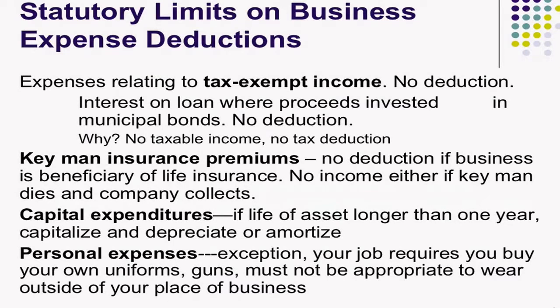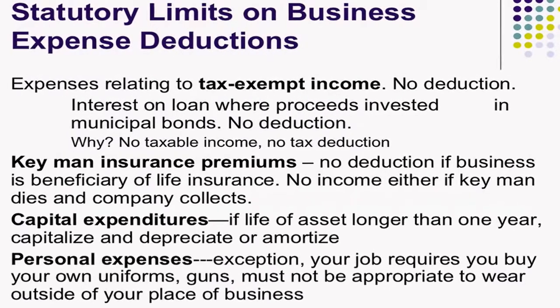So, for example, let's say you're a concierge in a hotel, and at the hotel you're required to wear a suit and tie. The chances are that if that suit and tie doesn't have any special logos for the hotel or whatever, you're not going to be able to get a deduction for that, even though it's a requirement of your job that you show up every day in a suit and tie or a suit dress, because you can wear it on the outside. You can wear it other places, and so you lose the deductibility of it. Okay.